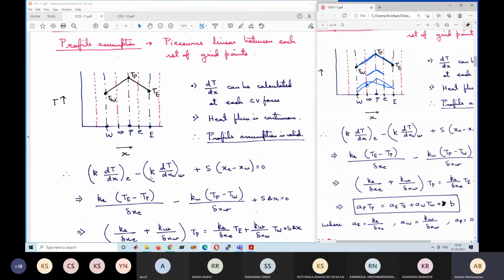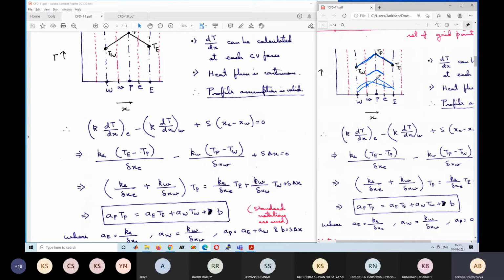Now, after solving this, what will we obtain? We will obtain only the values of temperature at the grid points. So at P, at W, and at E. Okay. In between, we do not know what the variation is. Initially, while solving, we had assumed that it is linear, but in real life, we do not know the variation, and you cannot tell also. Okay. So ultimately, in a numerical problem, what you get is the values at only discrete points. So at point W, you will know the correct value. At point P, you will know the correct value, and at point E, you will know the correct value.